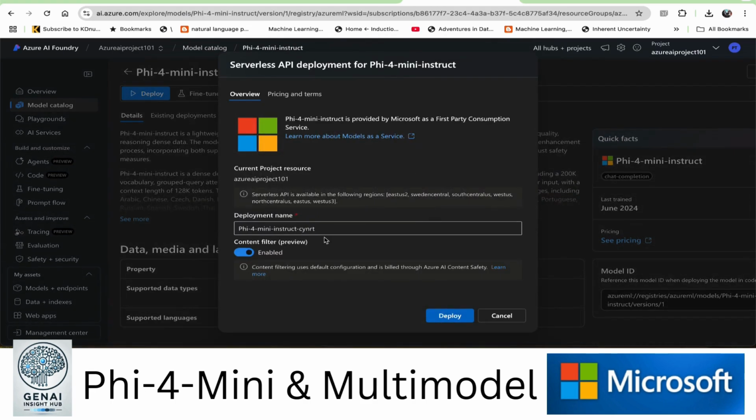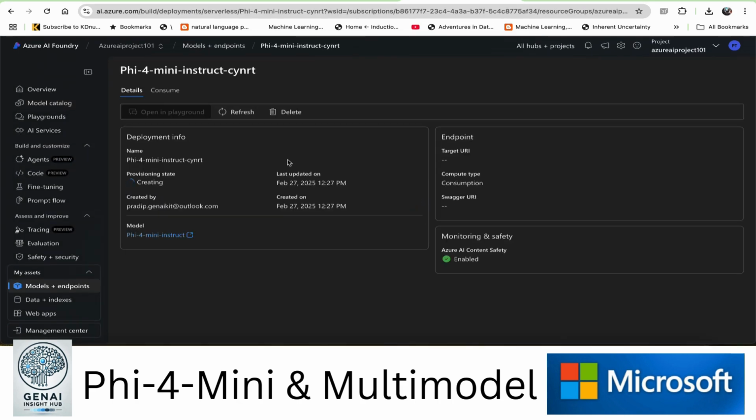In the Overview section, enter a deployment name and ensure content filtering is enabled. Finally, click Deploy and your model will be set up. While the deployment process takes some time, let's go through a quick summary of the research paper on Phi-4 Mini